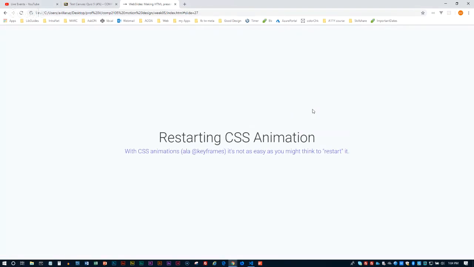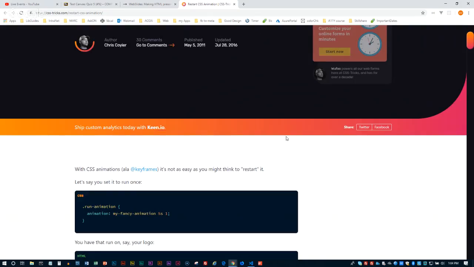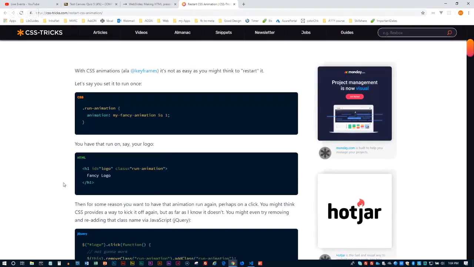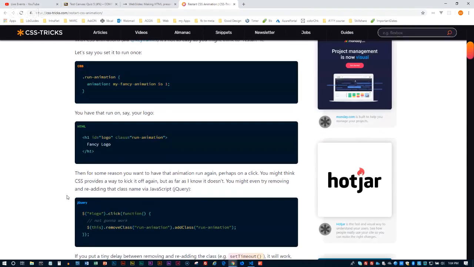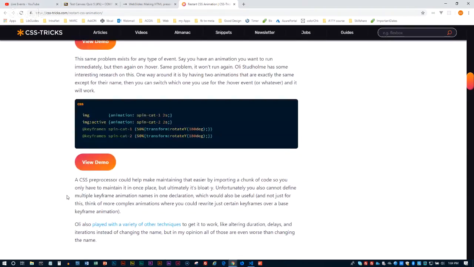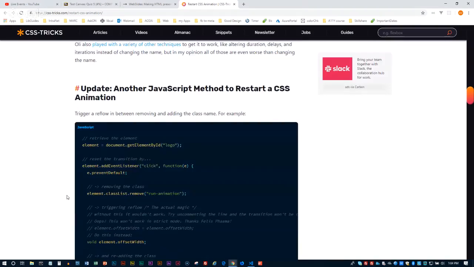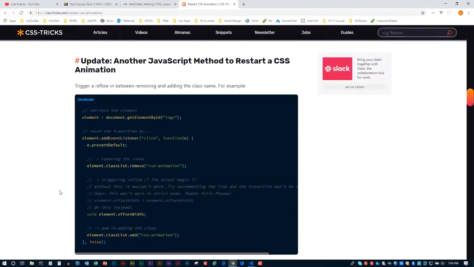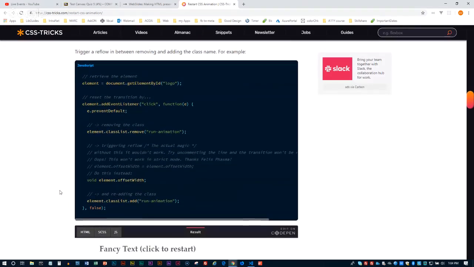Here is a hack. One thing you should know about keyframes animation is it's not as easy as you think to restart it. And so Chris Coyier from CSS Tricks, he's outlined the different ways you can hack your CSS or JavaScript to make it work. He had this one example here, but the one I ended up using in my first attempt at the toggle last year was,